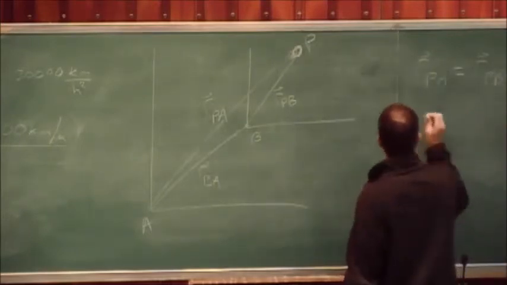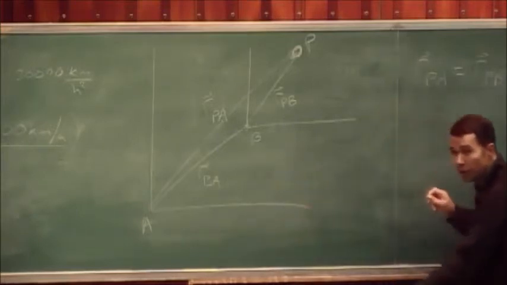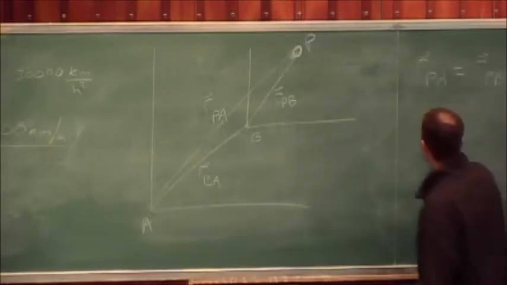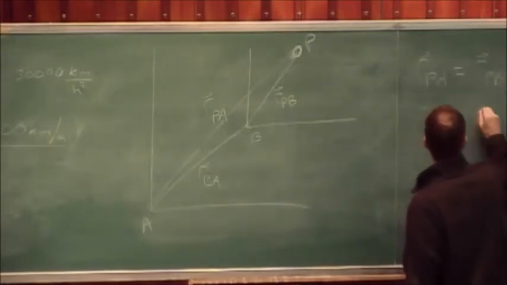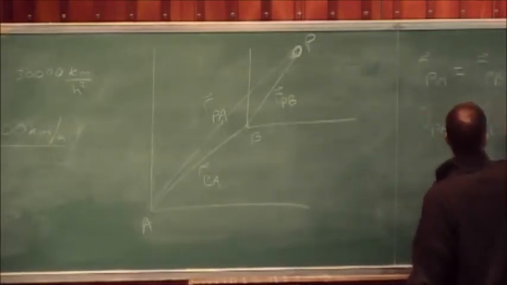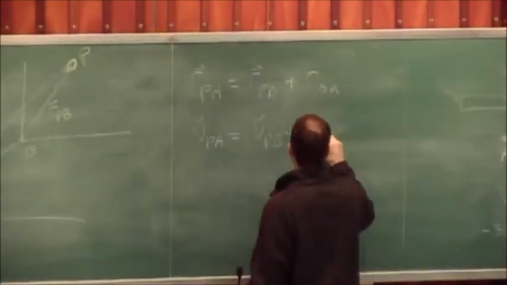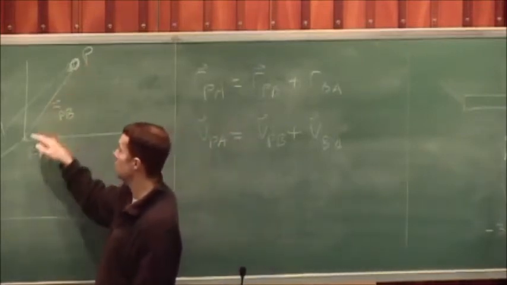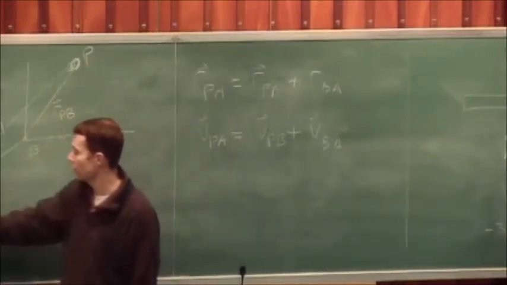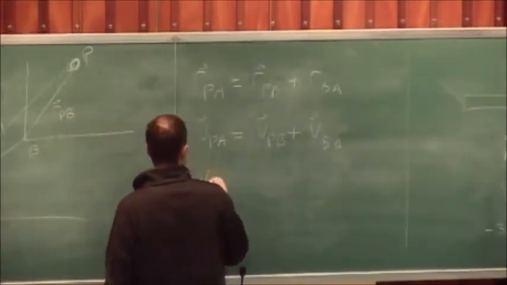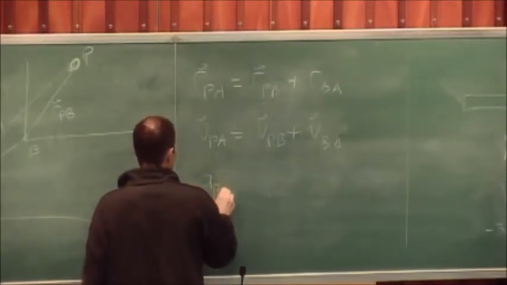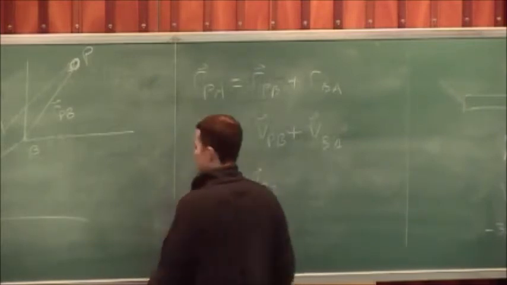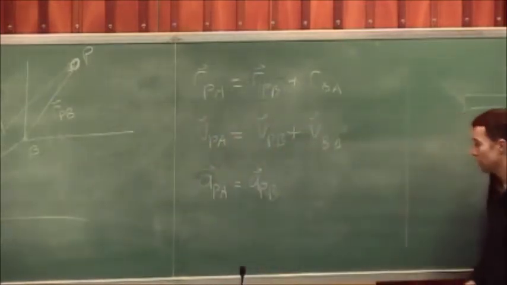So similarly, if we take the derivative of these with respect to time, we see that V_PA is equal to V_PB plus V_BA. And if we take the derivative again, we're assuming that this is going to move at a constant velocity with respect to this. So then we see that A_PA is equal to A_PB. It's the same thing as what we did